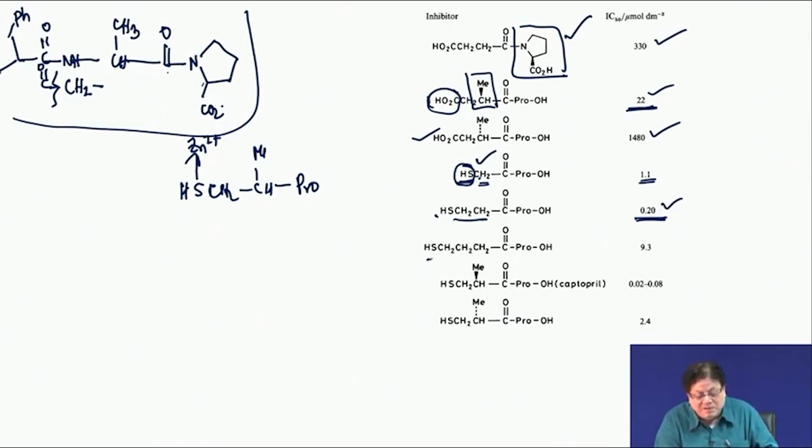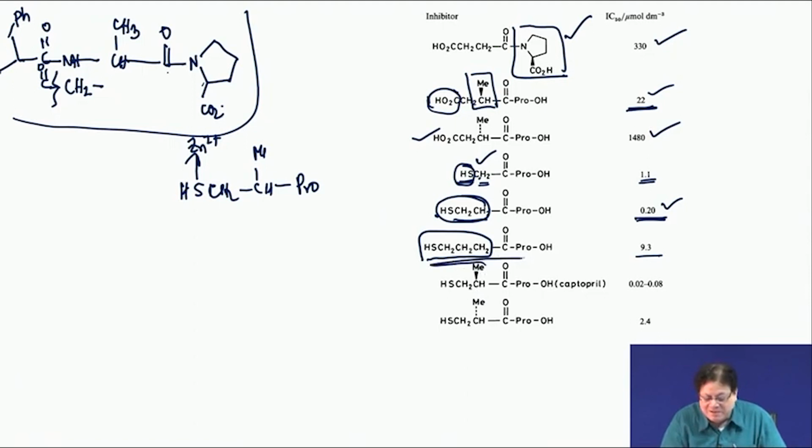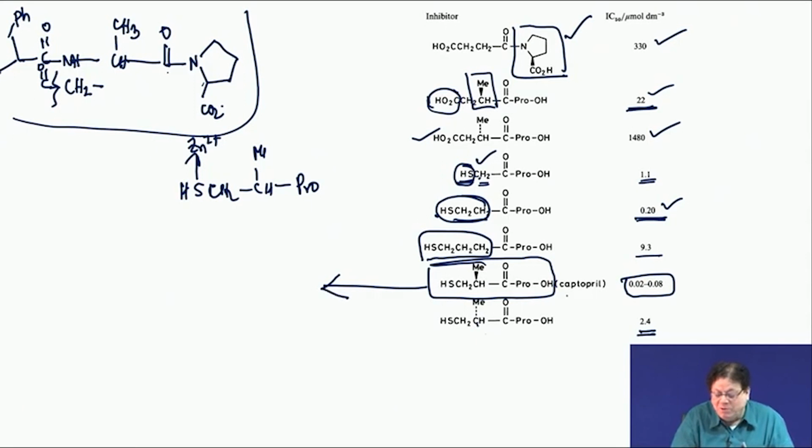So, first they optimized the number of carbon atoms attached to the sulfur: 1 is 1.1, 2 is 0.2, 3 is again 9.3. That means these 2 carbons are the ones which you require. And then they put the methyl now. So, then they put the methyl and this is the compound, and this has got a very good IC50 value, 0.02 to 0.08. This is the drug, and if you make alpha methyl again, as expected, it will go up. So, this is the one compound which was first approved by the FDA, and this compound